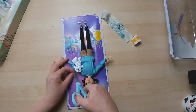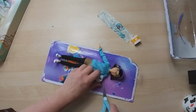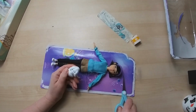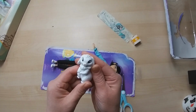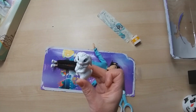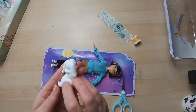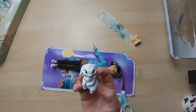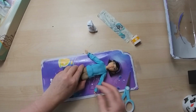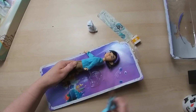Oh, and poor old Bungie's tied in. There's one there. Well, they're certainly secure, but not much plastic, so that is still good. So here is Bungie. Just look how cute that little rabbit face is. She's a little lop. We've got a little white lop as well, so I think they are absolutely gorgeous. So that is Bungie. Thought that was a rather odd name, but I suppose Bungee, bouncing, rabbit, something like that,